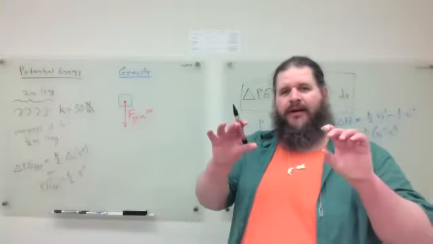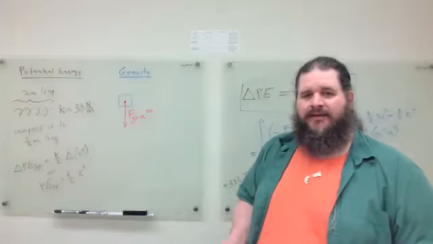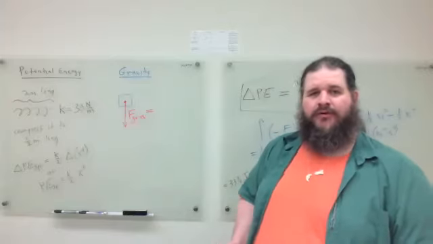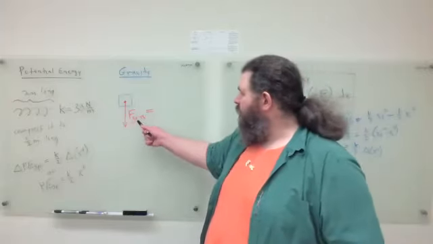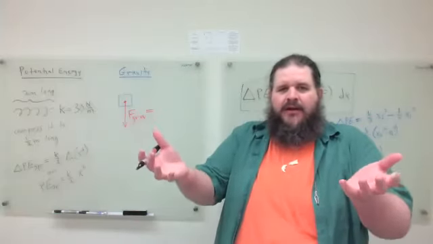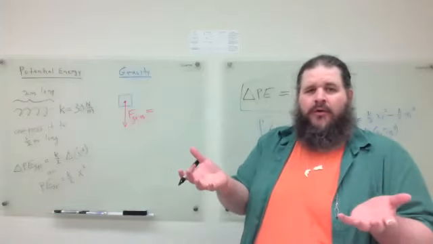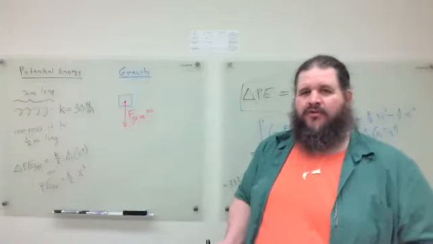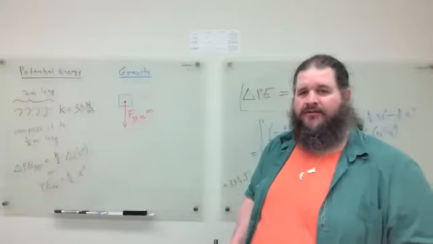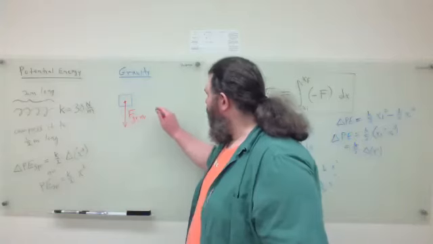Like if you've got several objects and gravity is pulling on all of them, what aspect of the object, yeah, the mass of the object is going to determine how strong the force of gravity is. So the force of gravity should be proportional to the mass. Like if you're lifting up an object, it's going to take a certain amount of force just to hold it in place. If the object is twice as massive, it's going to require twice as much force. So force of gravity should be proportional to mass,